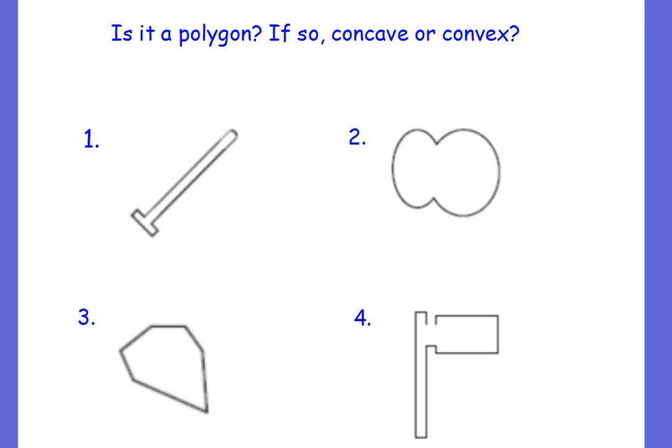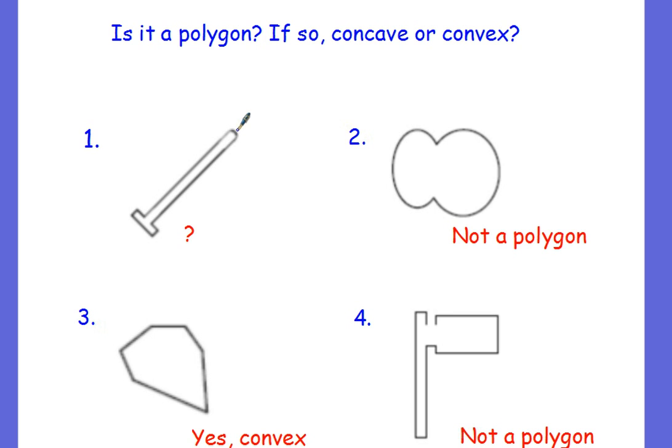Okay, answers. All right, this first one, I put a question mark because this is actually like a curve right here. But it's kind of hard to tell. So technically, if that is a curve, and we're saying that's a curve, then we would say this is not a polygon because